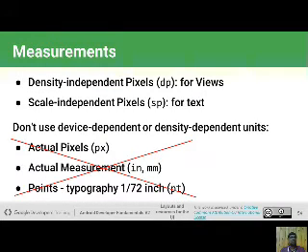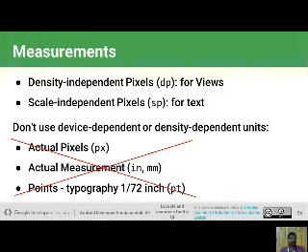Measurement, we use DP and SP. DP means density independent pixel and is for views, and if you set the text size, then we use the scale independent pixel, but you can use DP for the text also. Okay, but mainly when we create major projects, we use SP for the text and DP for the views.